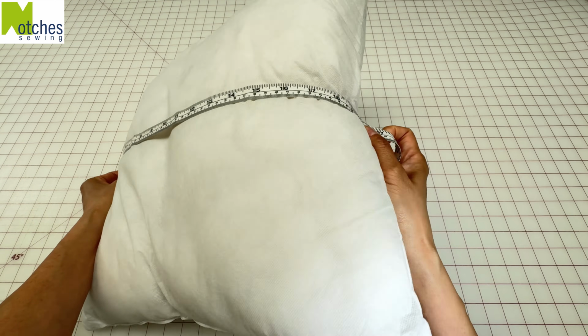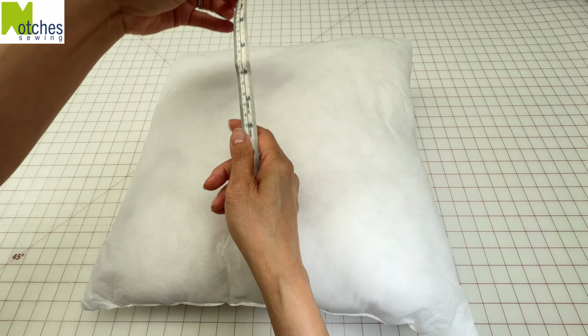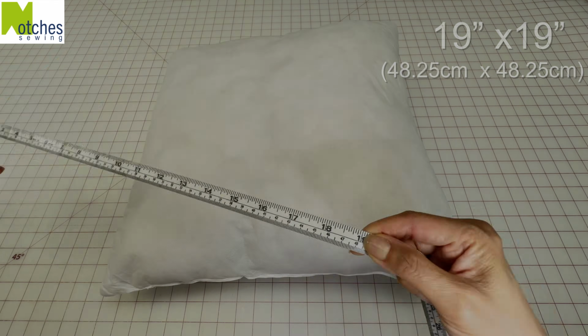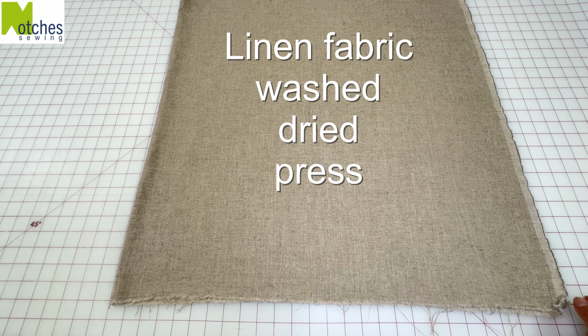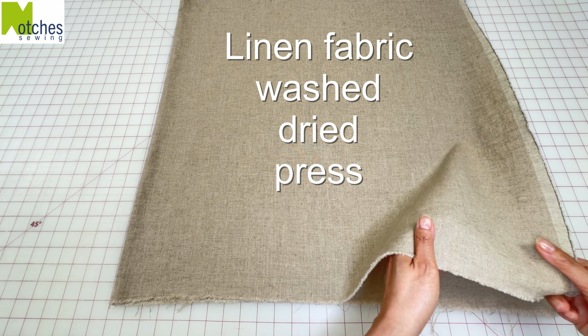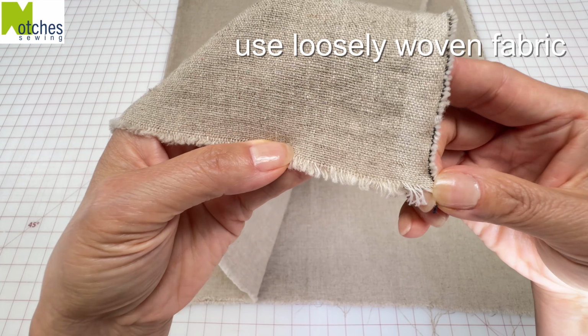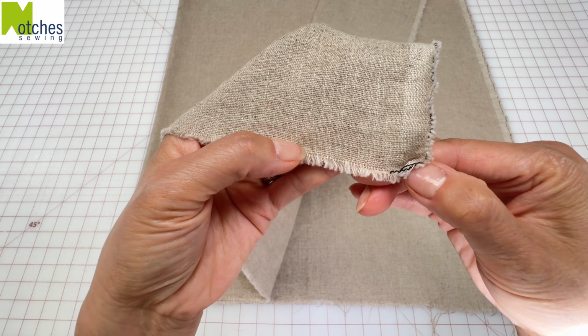To make this cushion cover, first measure your insert. Measure from seam to seam. The one I have here measures 19 inches by 19 inches. I'm using a linen fabric that I've washed, dried, and pressed. You want to use a loosely woven fabric so that you can easily pull out the threads to create the